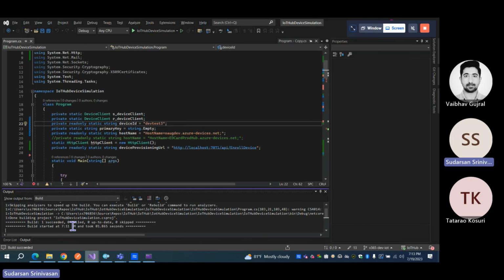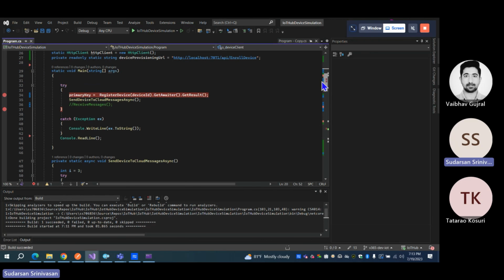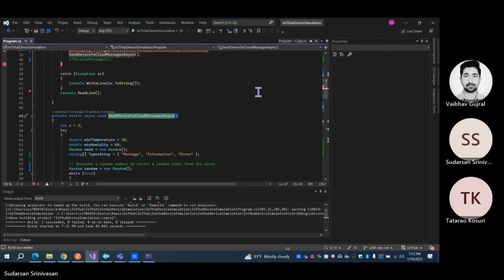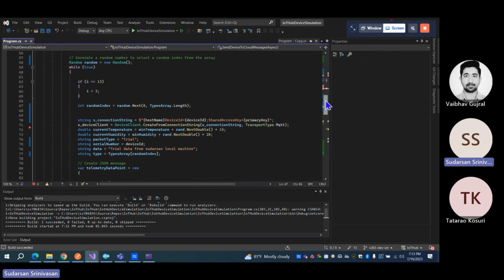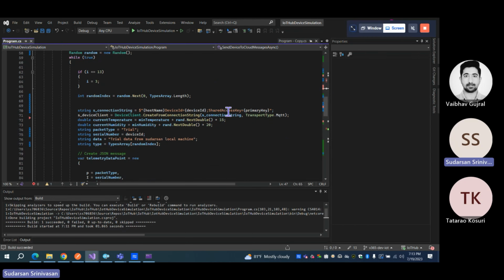I would want to spend just a minute on the code that sends these messages because we want to see how that primary key is used, like you asked that question. There are multiple ways to get connected. One of the simplest ways when we use a symmetric key is this parameter. You have the host name, and the overall connection string would look like the host name, the device ID, which will be that dev test that we set, and the shared access key, which is